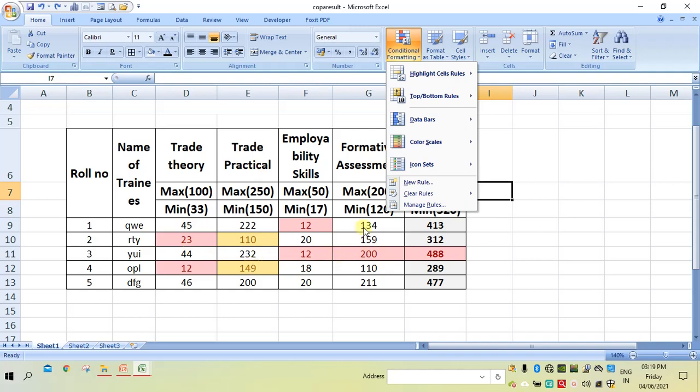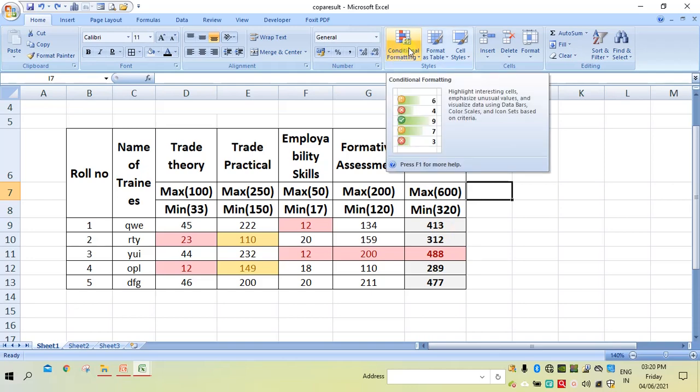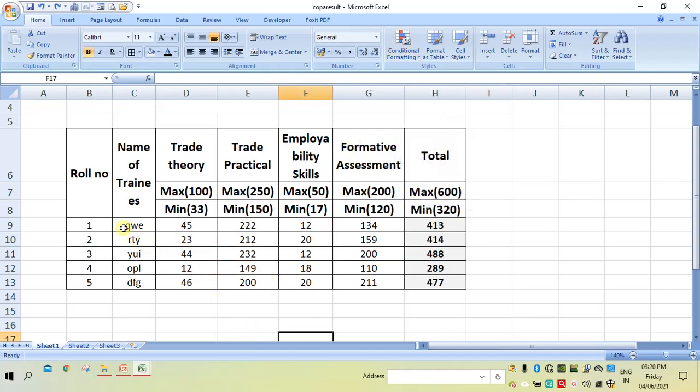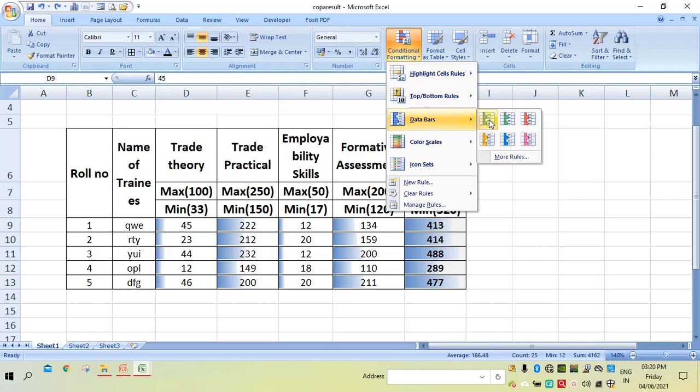Now, with the data of the cells, we can also show some data bars, color scales and icons. So whatever format I have applied here, I will remove, and then I will show you how to use those data bars, colors and icons. First let me choose all this numeric data, and then I will go here. To get the data bar, I will select this. So it is showing the data bar.